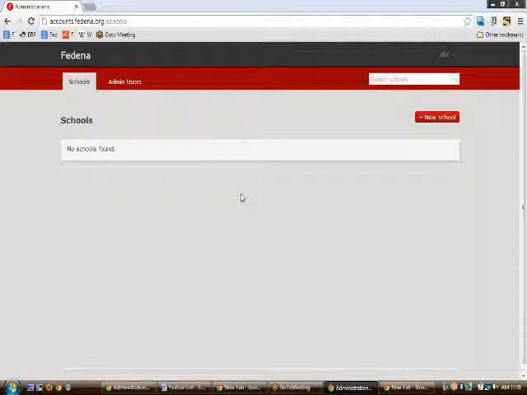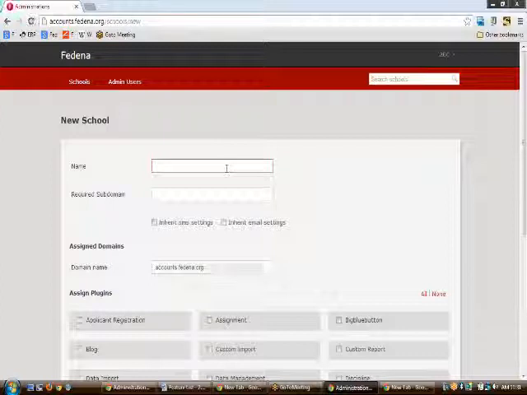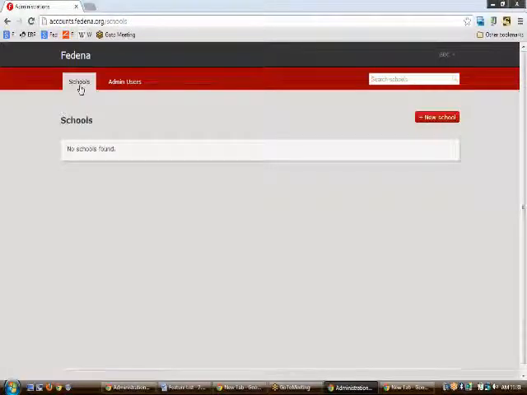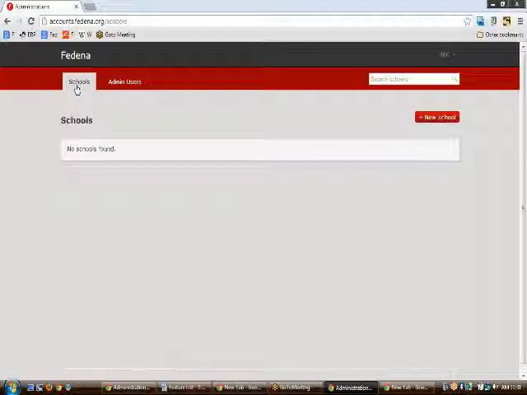So using the given password and username, the school can just go to the new school part here. It can create schools similar to the way that you have been creating when you are a client directly. You can even create a track record of all the users up here. You can have multiple admins for this multi-school group too. So this was how a multi-school group would be able to see his dashboard.